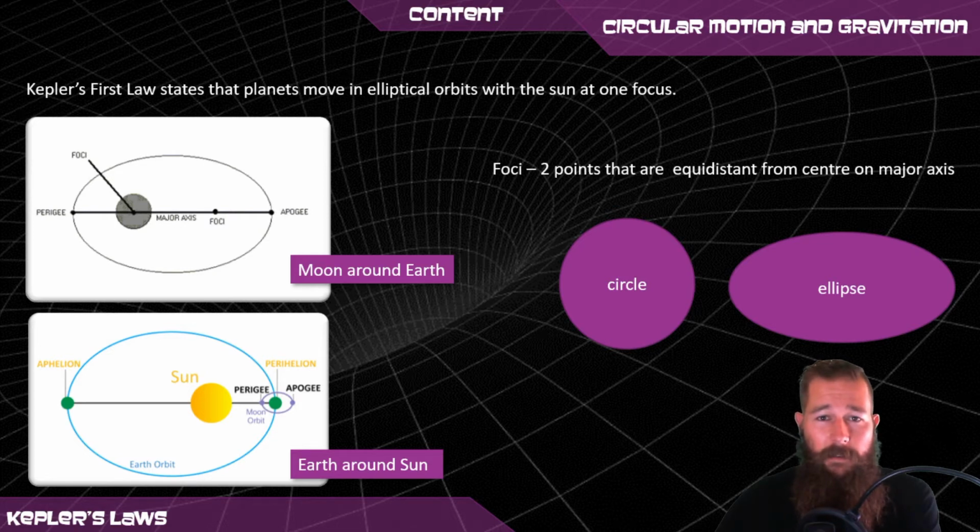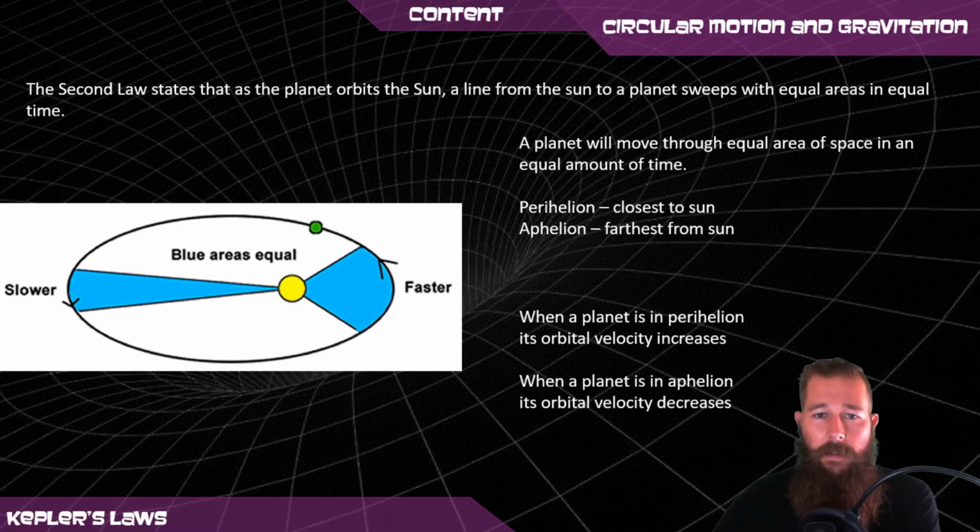And linking that to the Earth's position relative to the sun, we have the words aphelion and perihelion, where aphelion is the position where the Earth is furthest from the sun, and perihelion is where the Earth is closest to the sun. Kepler's second law states that as a planet orbits the sun, a line from the sun